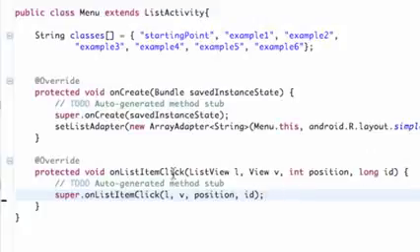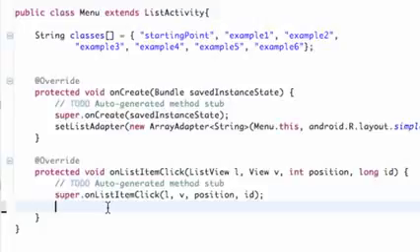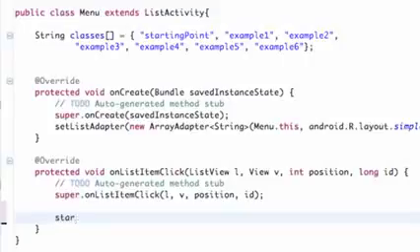And what I want you guys to do is go within this onListItemClick method, and in the next tutorial I'll kind of break down everything that we've done, or we'll finish our application and I'll break it down. I just didn't have time to do it in one tutorial for the most part. So I'll show you guys how to start a new activity. Again, it's pretty simple. We're going to say startActivity,